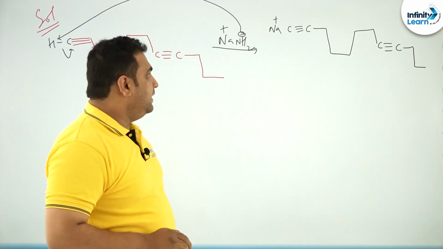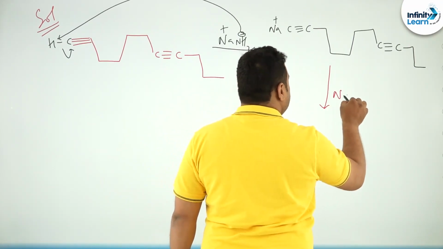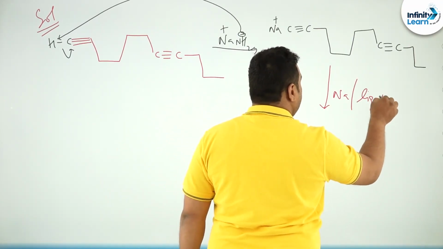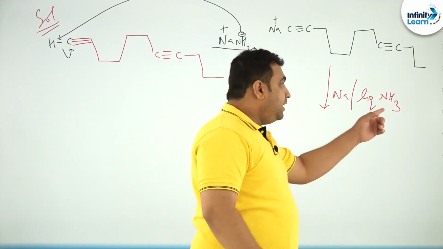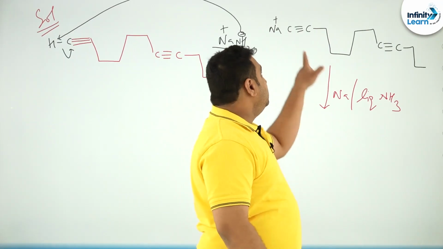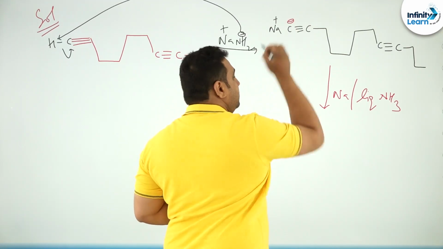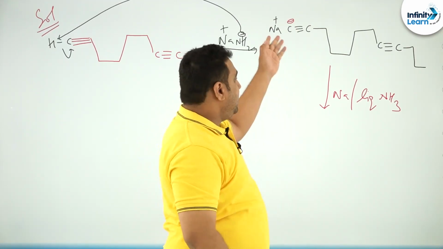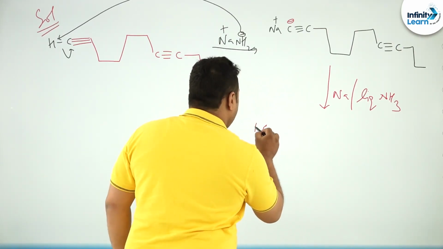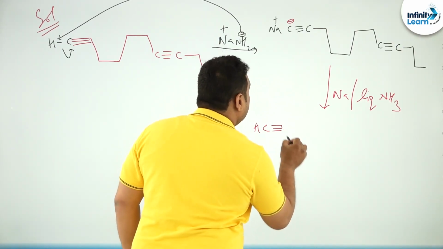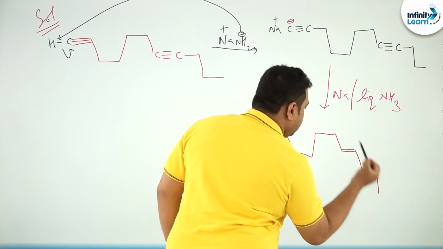Now, the second step is what? Birch reagent, where you are treating with sodium in liquid ammonia. Do not forget that ammonia is a very good proton donor also. Alkynes are weak acids, so their conjugate base is very strong. It can abstract a proton from the medium, hence in the product again this will become CH, and this will become trans.